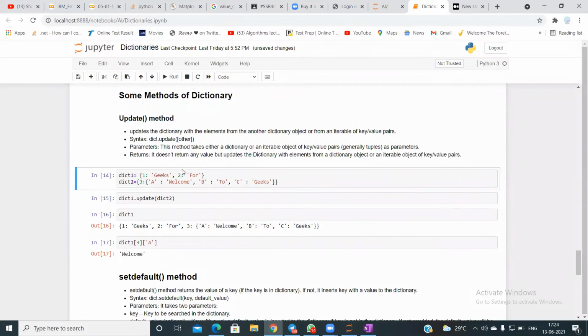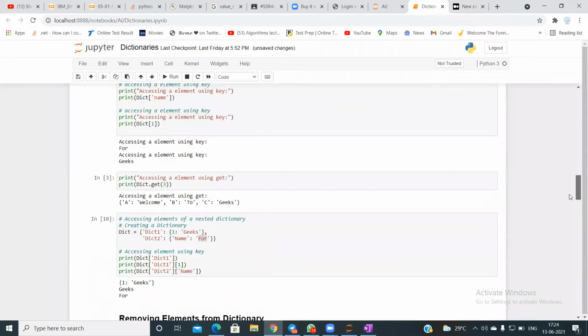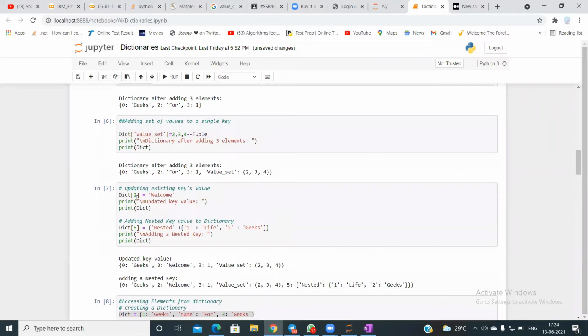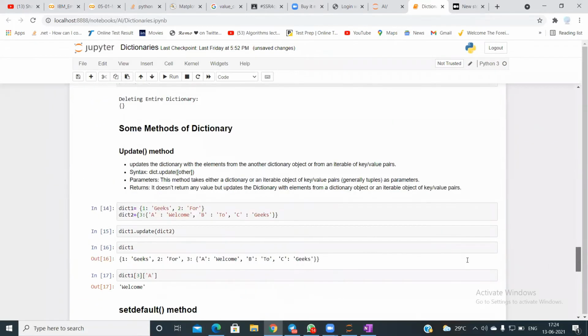The update method. As I told you earlier, you can update an element in your dictionary just by giving a value to the key, like you take the dictionary, say the key and assign the value. But now there is another method called update.